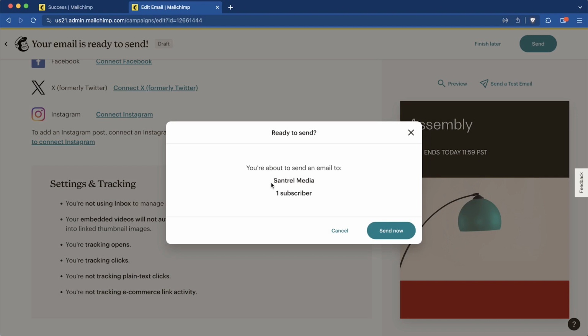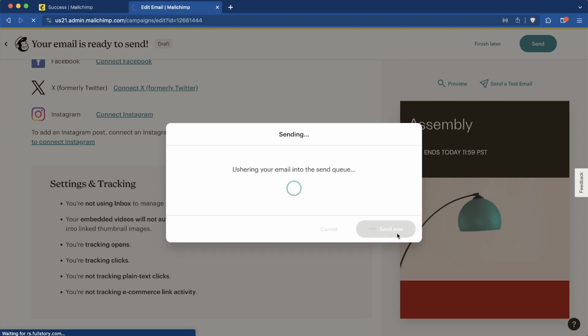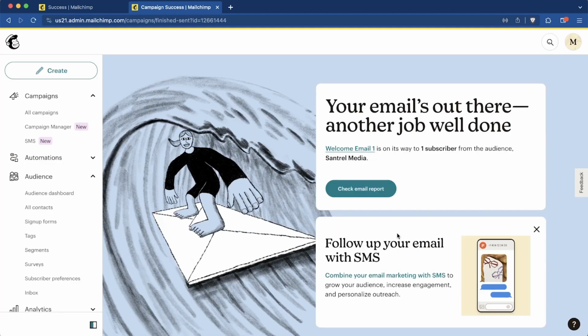So let's say send. It's going to be sent to one subscriber. So just confirming that's everyone that we had in that list that was tagged with repeat customer. Send now, and that should be sent. So that's how you'd send out just a regular blast. This could be great for a promotion or a fall sale or anytime you want to send off a one-time email. That's a great way to do